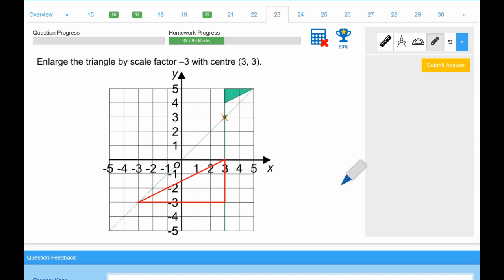And you may find that going back and looking at perhaps the Corbett clips will then make a bit more sense. With my year 10s, we're going to go on and look at some more work on enlargements and on